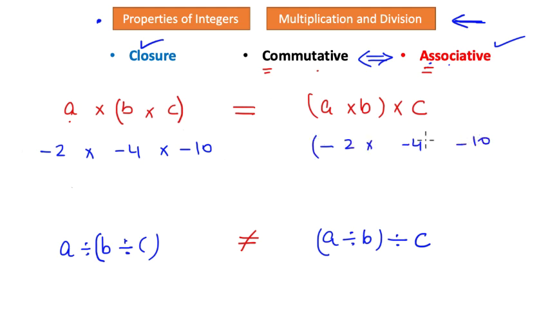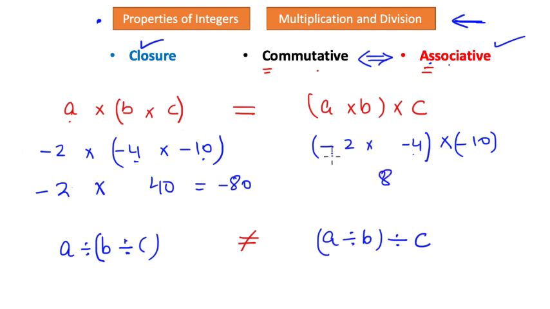Okay. So this is my product 1 and this is my product 2. And on the left hand side, this is my grouping. So first, negative 4 to be multiplied with negative 10, it will give you 40. Two negatives will result into a positive number, which in return will be multiplied with negative 2, and this gives you negative 80, right? Now on the right hand side, I see that negative 2 with negative 4, it gives you 8. Two negatives will make a positive times negative 10, and that will be negative 80.